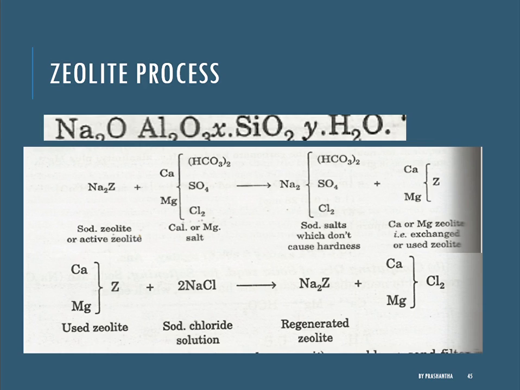Its formula is given below: Na2O.Al2O3.xSiO2.yH2O. The usual value of x is 2 or more, and the y value ranges over various values. Naturally, zeolite-like substances are also manufactured synthetically. Those are called resins. These zeolites or resins have an excellent property of exchanging their cations. Hence, during the softening operation, the sodium ions of the zeolite get replaced